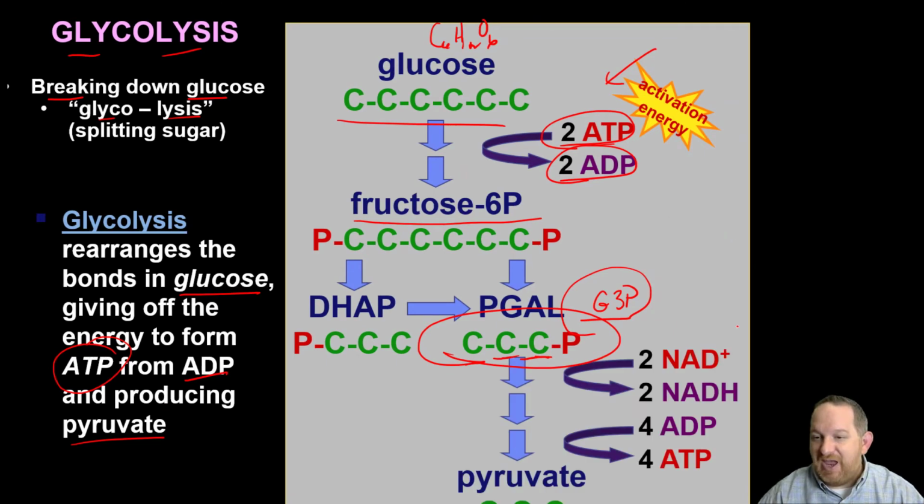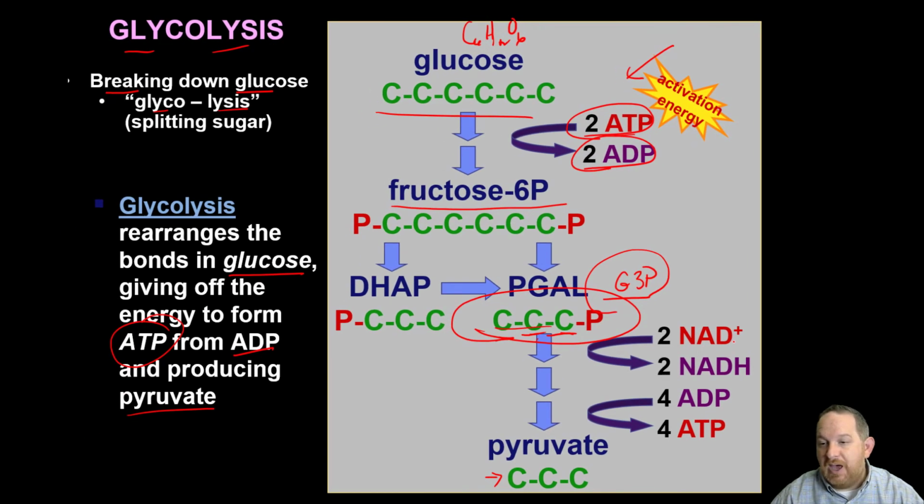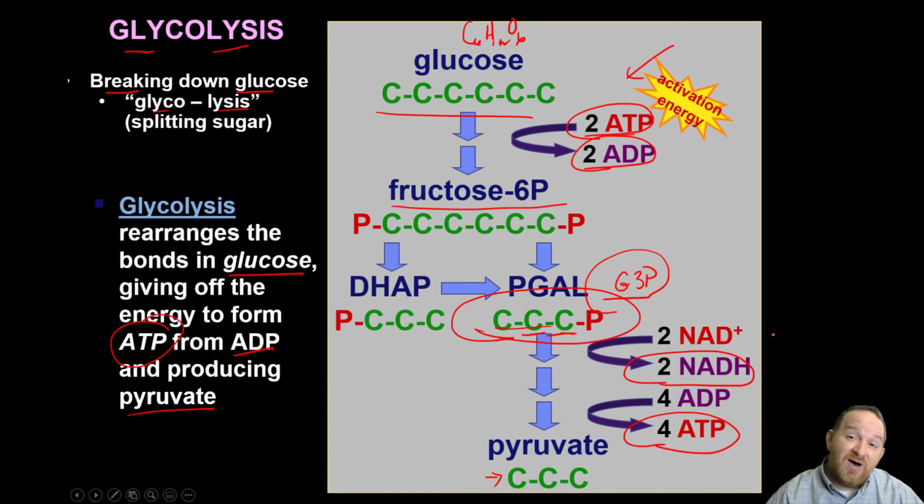Then here's the energy payoff phase, right? So going from G3P through many, many steps, we're going to finally break it down to this 3-carbon pyruvate. But notice what we pick up. We're going to pick up some electron carriers, 2 NADH. We're also going to pick up 4 ATP. Those 4 ATP will be used for the cell. The NADH is going to be shuttled over to be used in the final step, electron transport chain and oxidative